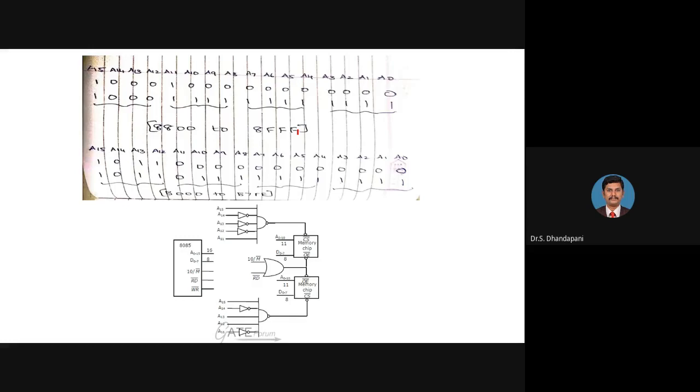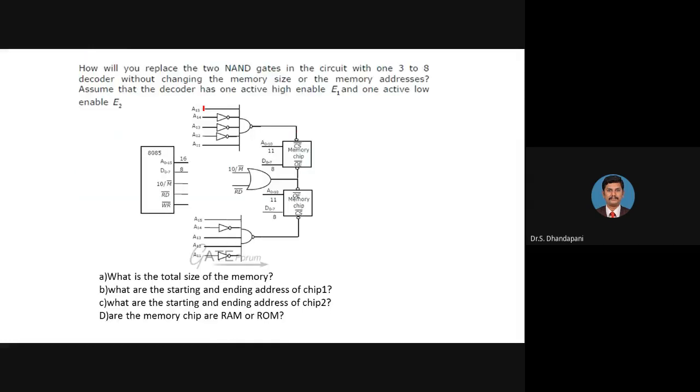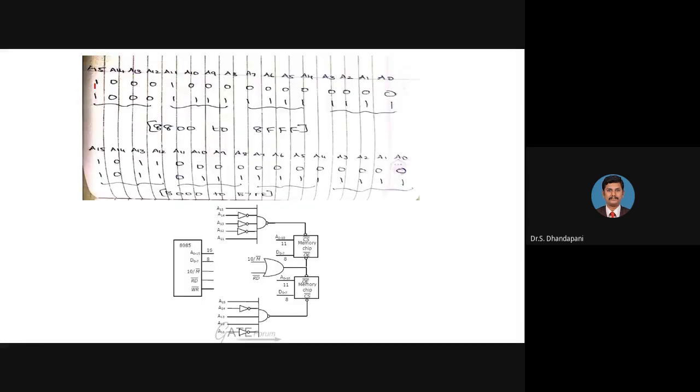As per the previous step, here the input should be 10001. So the values are 10001. After this, A0 to A10 can be anything, starting from all zeros to all ones. So from the chip select line, we are identifying A11 to A15 as 10001. A10 to A0 can be any value starting from all zeros to all ones. We are writing in binary. If you convert to hexadecimal, we are finding the answer.